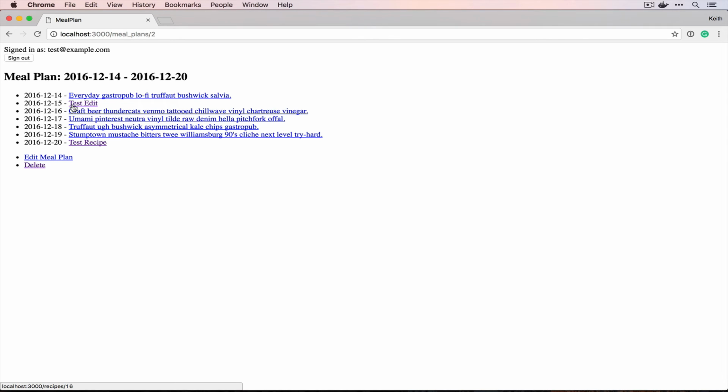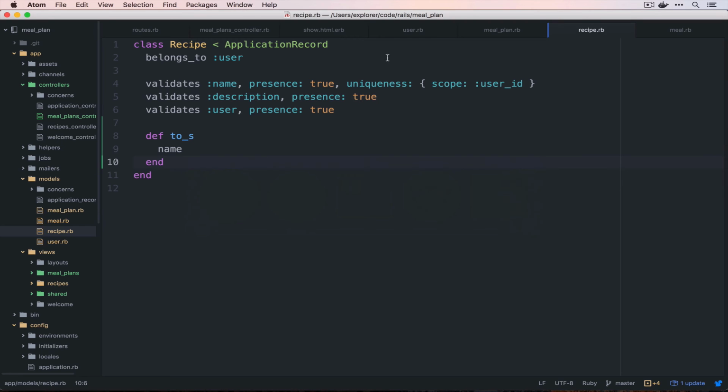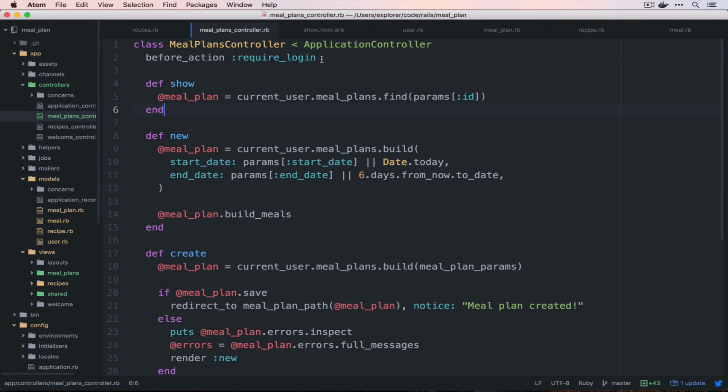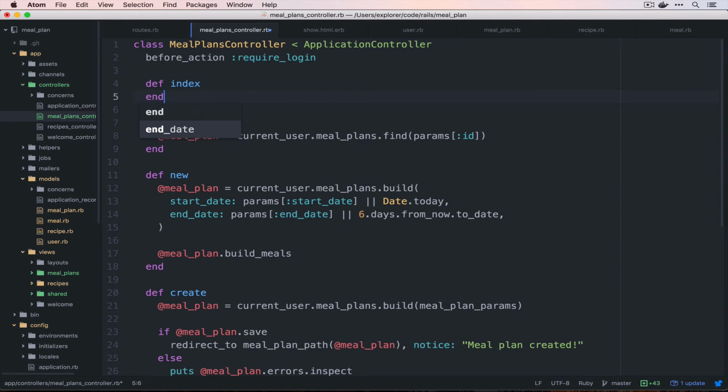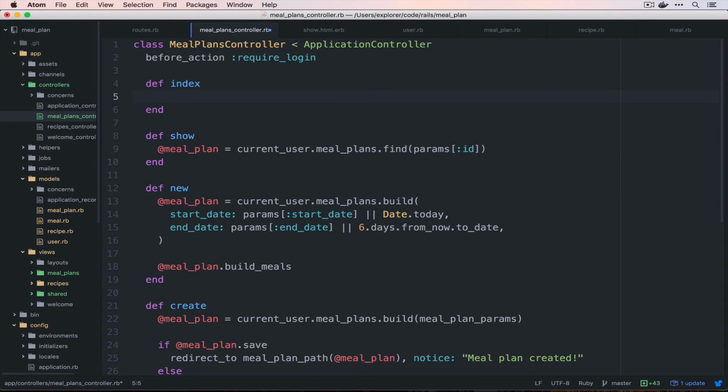Now let's move on to our index view. Looking at our controller again, we need to define our index. But before we really dig into this, let's think about what the index for a meal plan is going to look like. You'll be able to see the meal plans that you have, but the only ones you are really going to care about are the ones that are in the future and the one from right now. So I think we should probably break this into two separate queries. So we'll find a current meal plan,